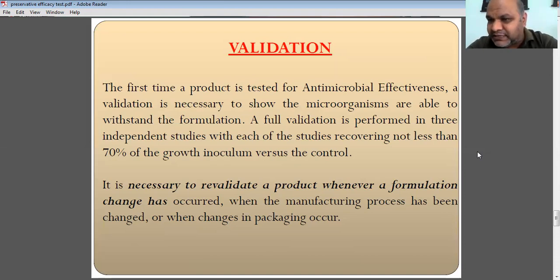Okay, and the microbial testing is not done a single time. Here we have 3, 4, n number. The series, the number of tests, it will be n. Okay, it may be 10, it may be 20, it may be 30, and on that particular basis, we have to find out the standard error mean. And this standard error mean signifies that these microbiological preservative testing studies should recover not less than 70% growth of inoculum when we check it with the control.